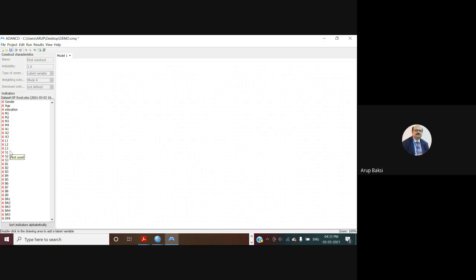Now what you have to do, very simple. You select M1, then after pressing shift, you select the other three. So M1, M2, M3, M4, these four items are supposed to explain the mobile app usage. So you have selected, and you simply drag it here. You see,